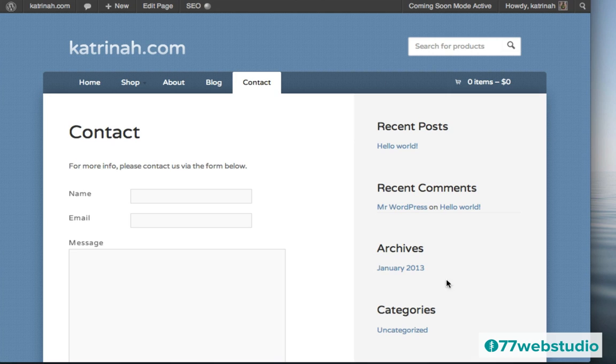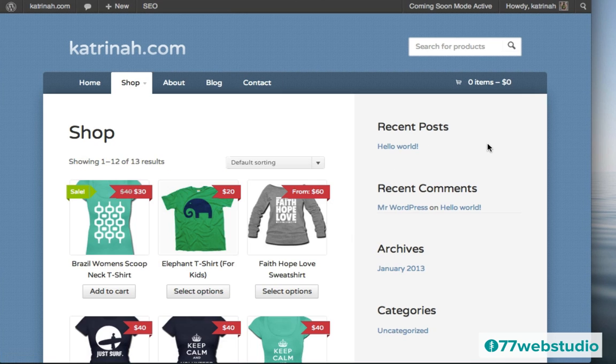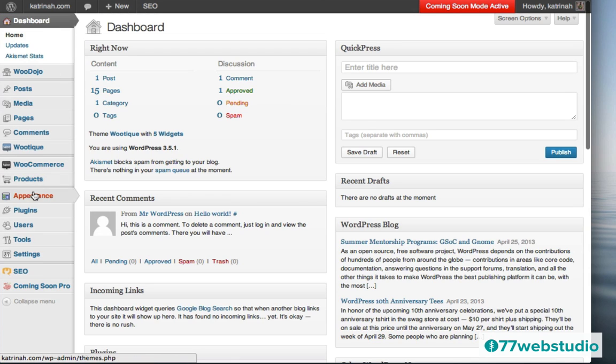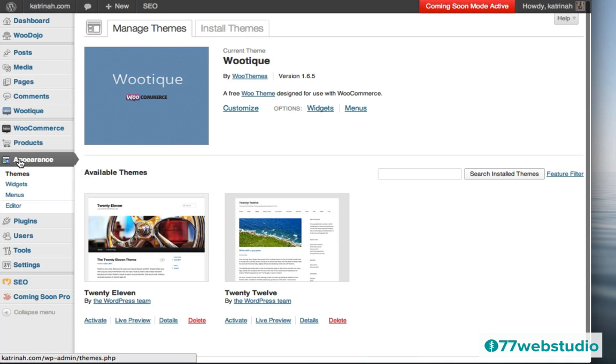Next, let's take a look at this sidebar area over here, and let's go over how to configure what content shows up in the sidebar. So to configure the content here in the sidebar, we need to go to the left-hand side and go back to the dashboard. So I'm going to click on Dashboard right here. And then we want to go down to where it says Appearance, and click on Appearance. Once we click on Appearance, you'll see there's another item that pops up called Widgets, and we want to click on Widgets.